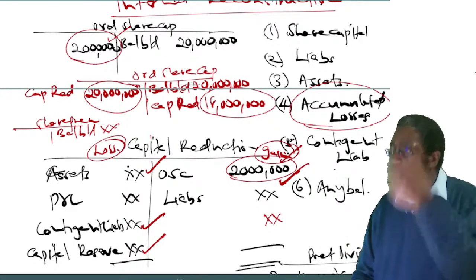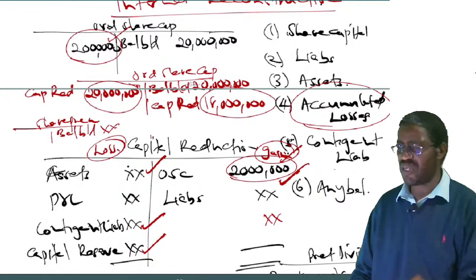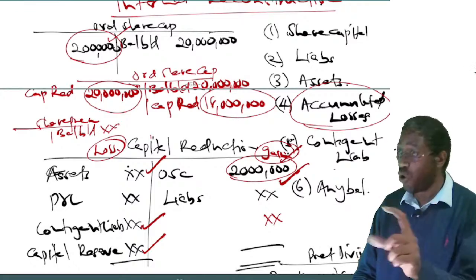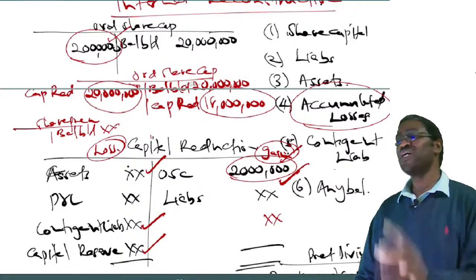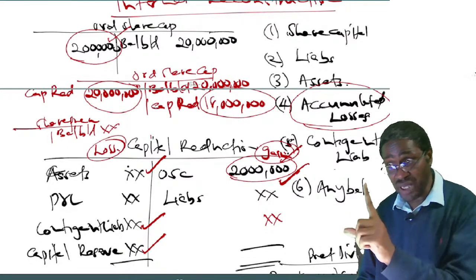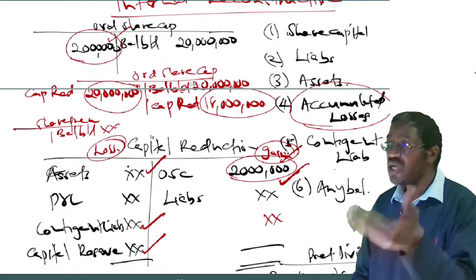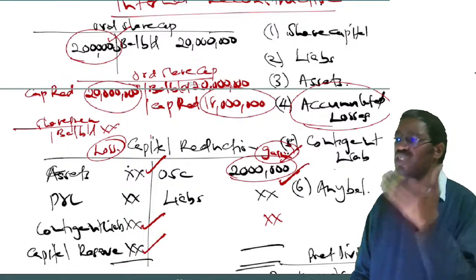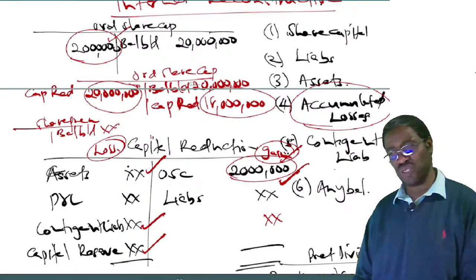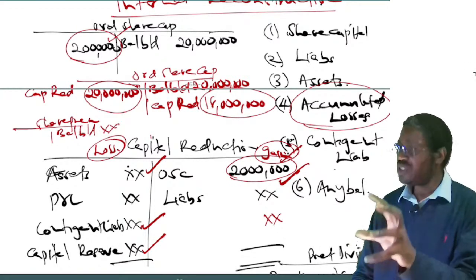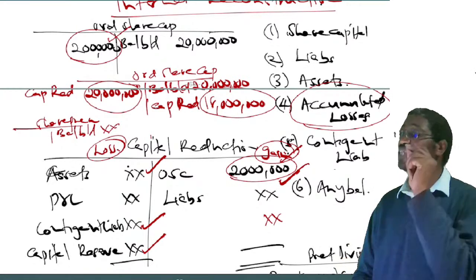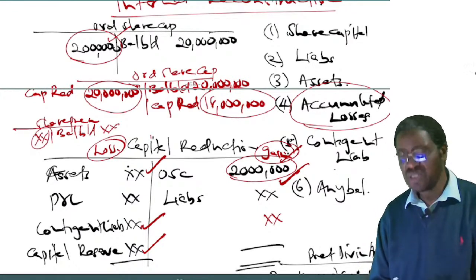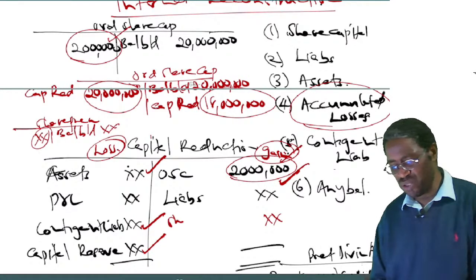So if the question tells you to write off that share premium, it is obvious therefore you will make a gain. Why? Because you are reducing what belongs to the shareholders. It belongs to them, and therefore if we are writing it off as a company, we are gaining. So you will debit that share premium account, and of course you will credit capital reduction.